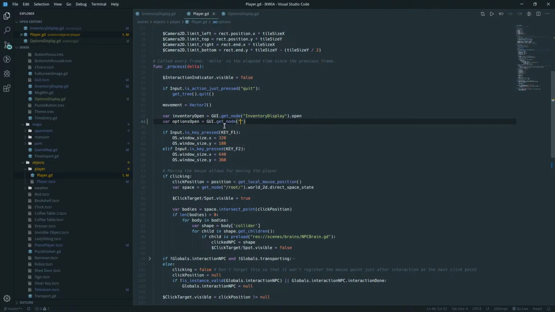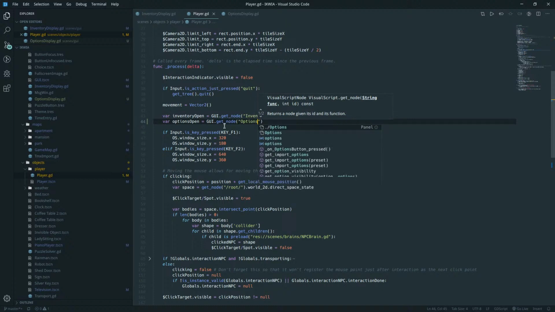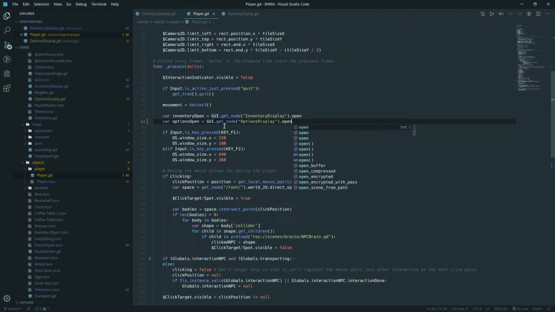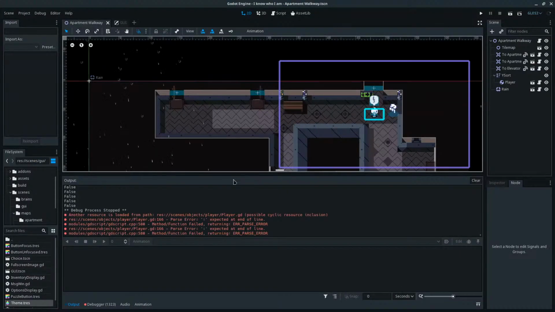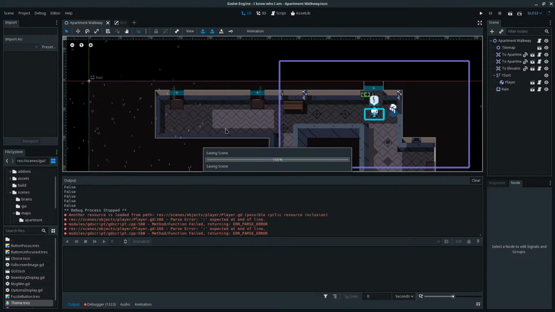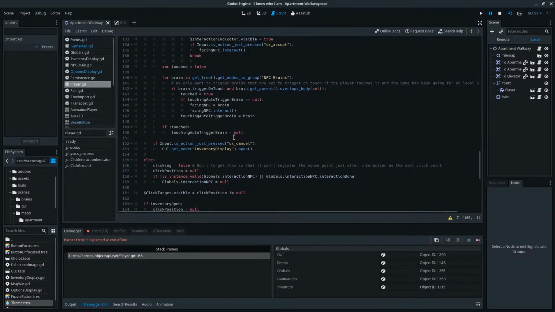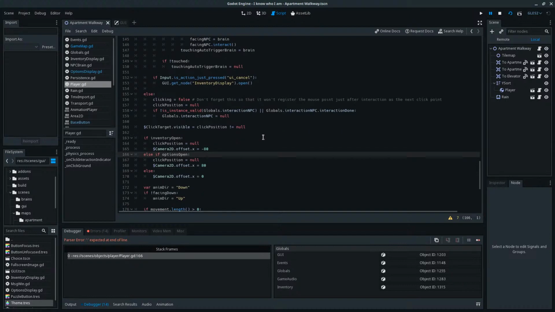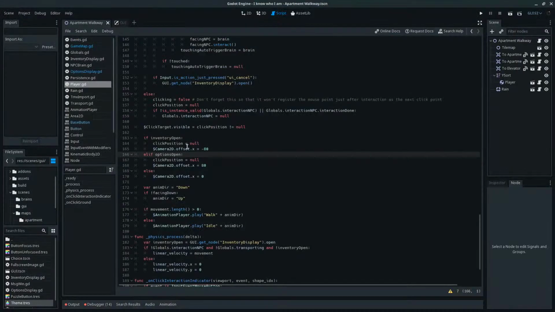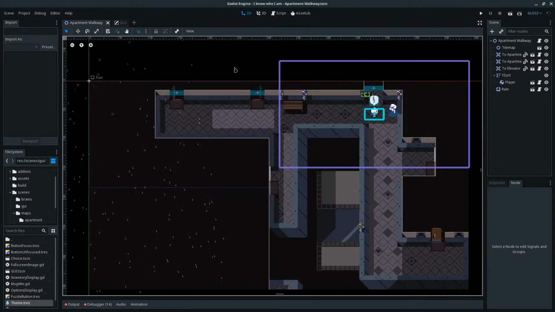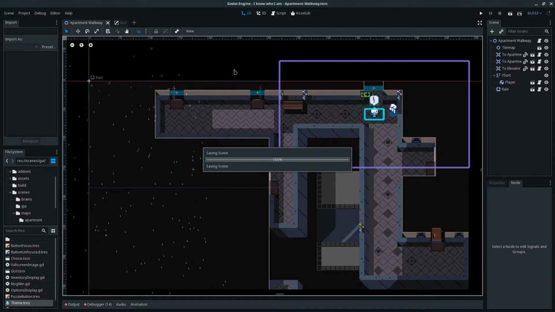Get node options display dot open. Options open, click position 80. Okay, let's see how that goes. Oh, it didn't like else if. It's elif, I forgot. There we go.